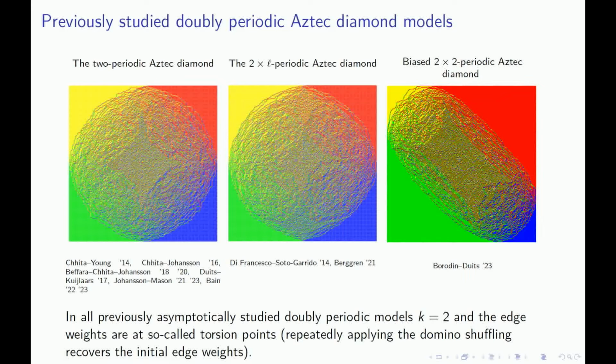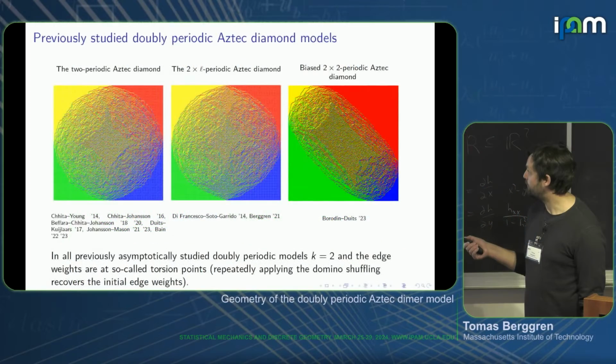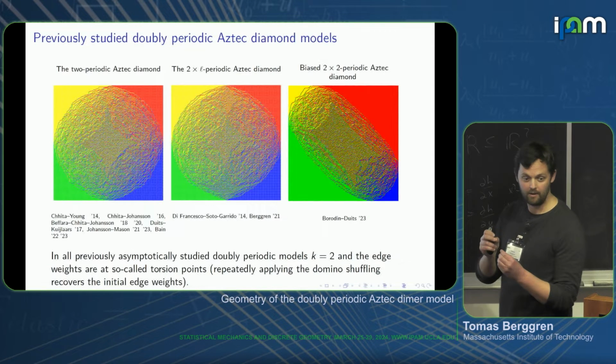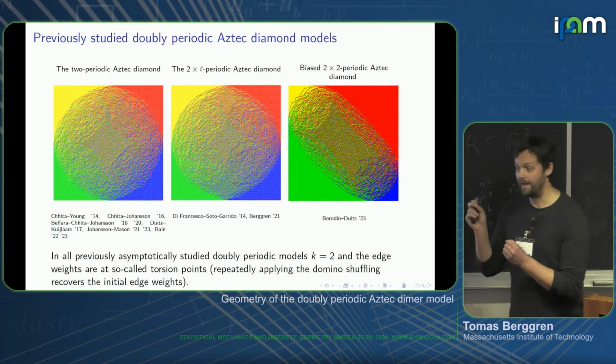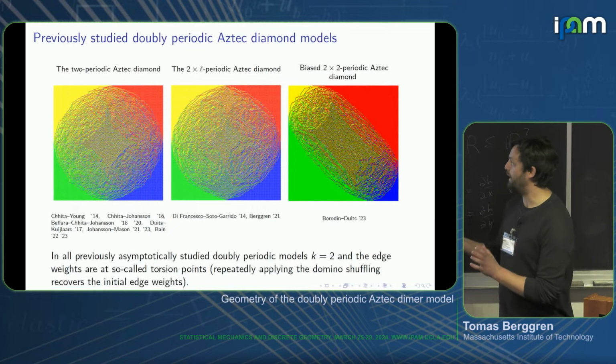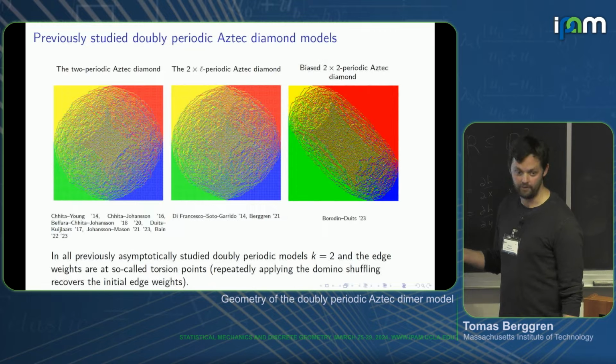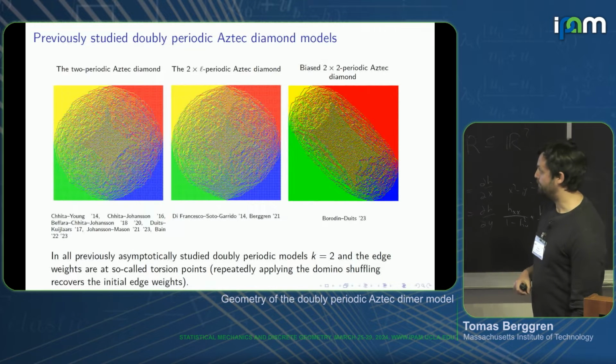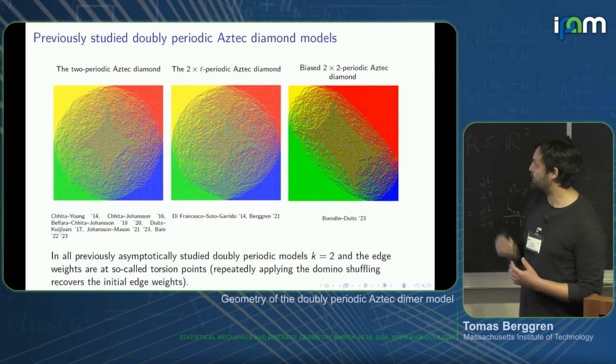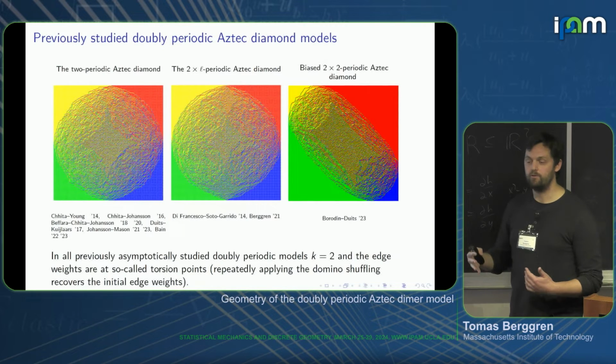And then there has been more recent work on this very symmetric version where k is equal to 2 and you have a general L, and then very recently the 2-periodic case where you add some bias into your model to go away from the symmetry. But in all previous cases which have been analyzed, k is equal to 2, and okay, I will not really tell you what this means, but the edge weights,